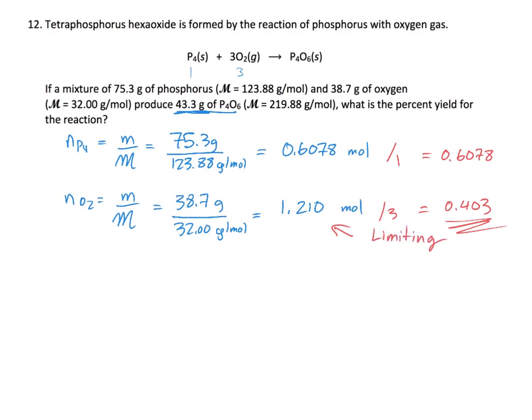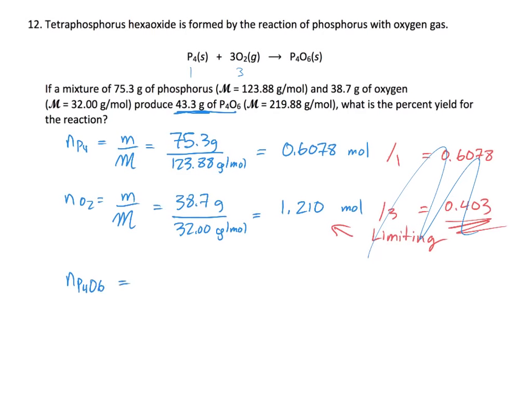Great. These numbers in red we'll never use again. We just divided them by the coefficients to figure out what's limiting, and then after that point, we're done. So you can just cross them out at this point, so you don't accidentally stick them back in somewhere. All right, so the theoretical yield in terms of moles of P4O6